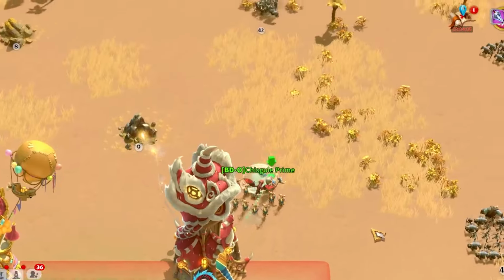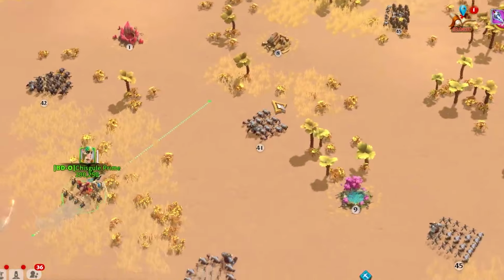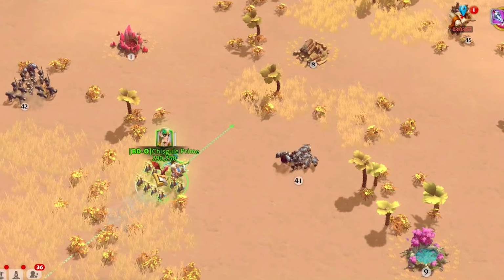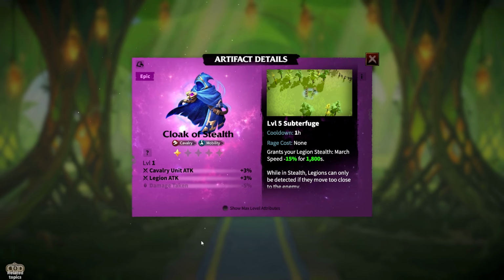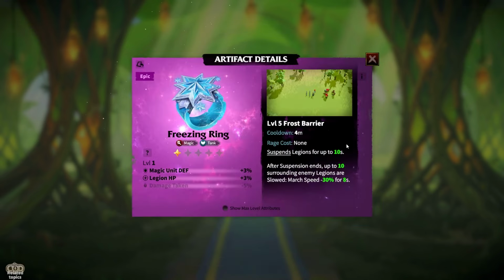In Call of Dragons, artifacts are a meaningful and exciting way to customize how your legions perform in battle. Whether you like big area of effect damage, powerful stuns, or even teleportation, there's an artifact for you. In this video, we'll give you an introduction to how artifacts work so that you can fully enjoy their benefits